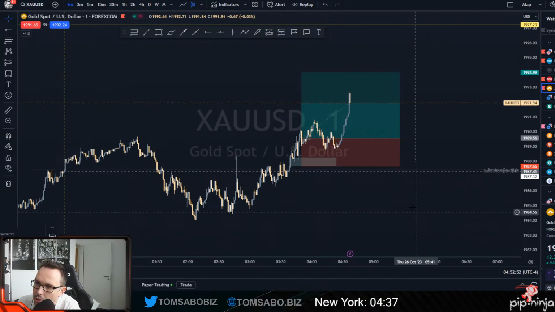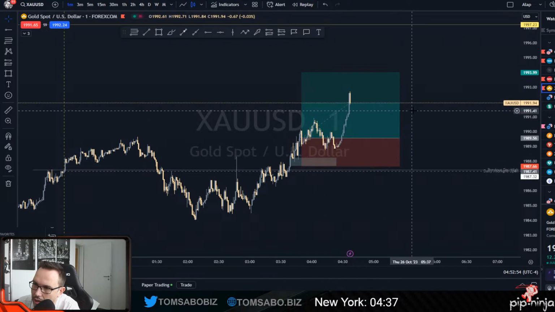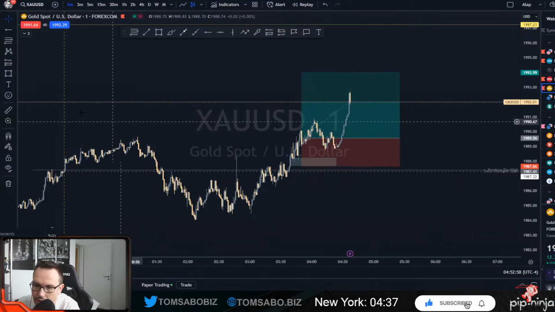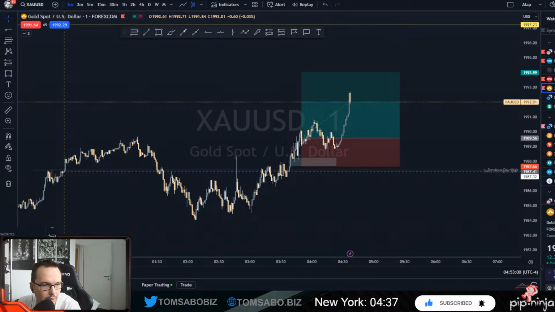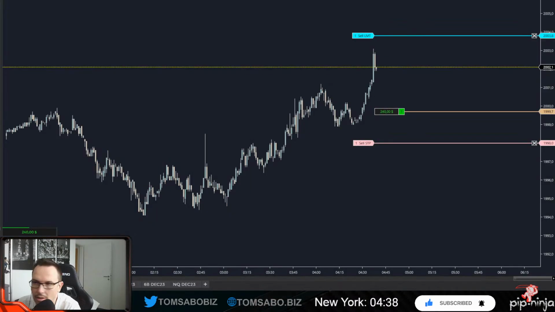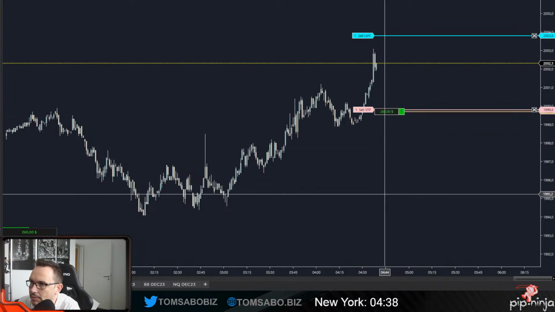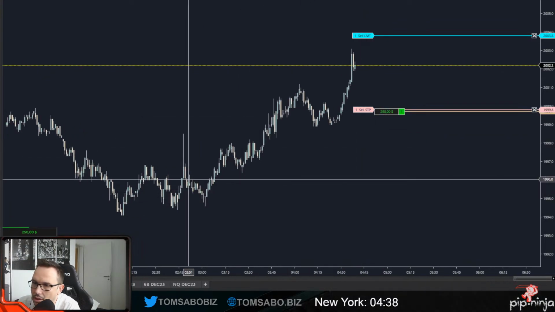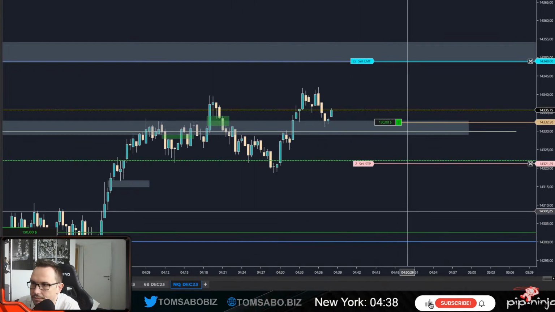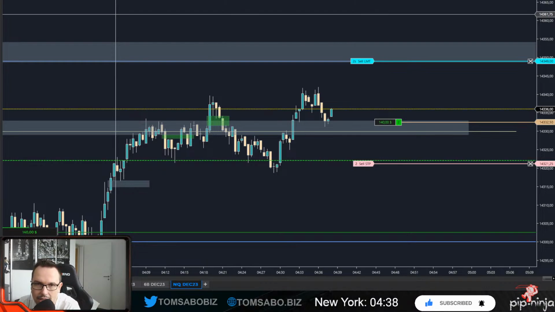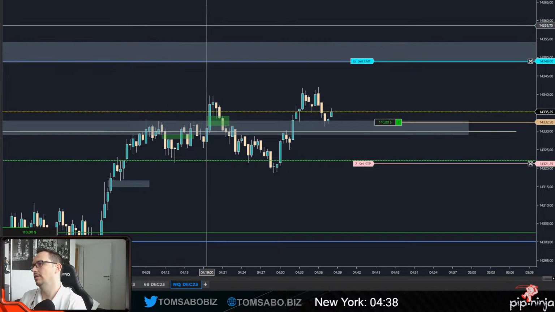If someone took this trade with me, take partials and put it to break even if you want to. I'm going to put it to break even, actually. Gold trade is doing good. I'm going to put it to break even right there. So gold is looking all right for now. Maybe we will do good. Gold is looking good. Target is 94, guys. Final TP 94. Just saying, you know.